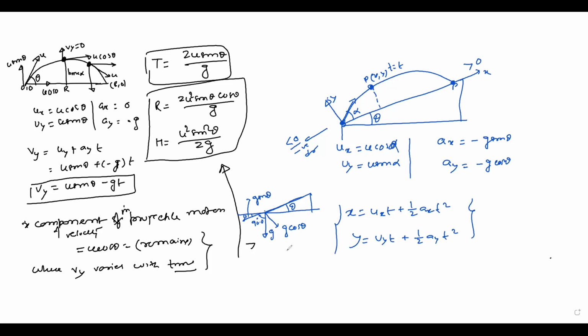While if you throw this ball down the hill in this direction, then you can easily see that the component in x direction will be positive, but the component in y direction will still be negative. So you just have to fix an origin, and according to that, you can put your signs. So with this, we are almost completing the chapter.